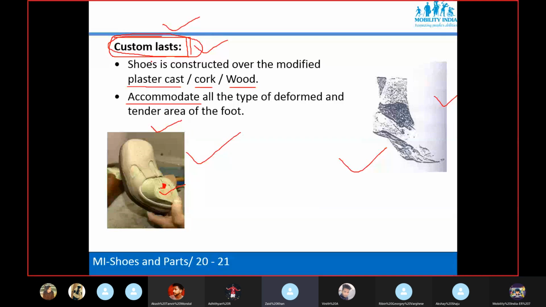But sir, when we use the ready-made, it should match with the body weight also. Here ready-made means we are talking about the shoe last. Here the shoe last will not take the body weight. Foot will take it. Whatever shoe is designed, that will take the body weight. Any footwear will take the body weight, again depending upon what material is used.